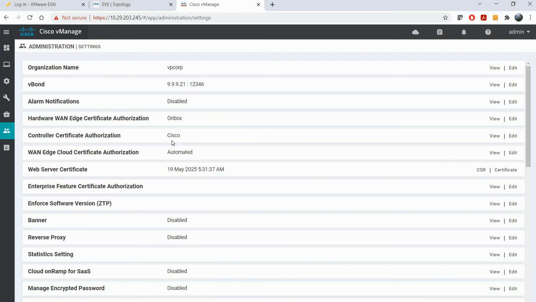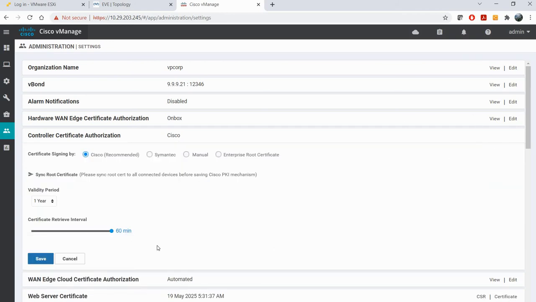Setting the certificate authority is very simple, and I have a tool called XCA for that. Right now controller certificate authorization is configured as Cisco, but I will edit it and change it to